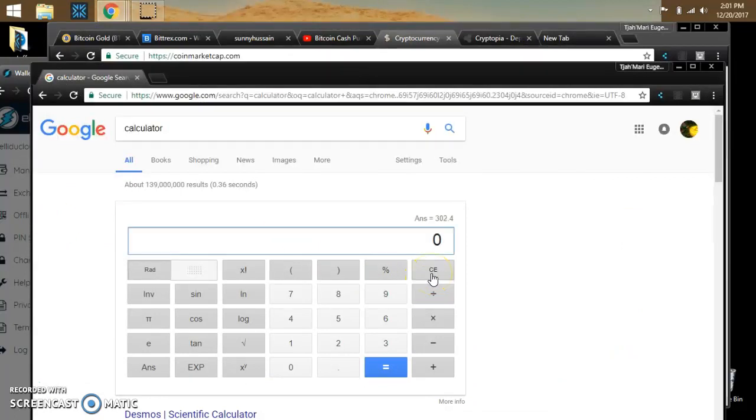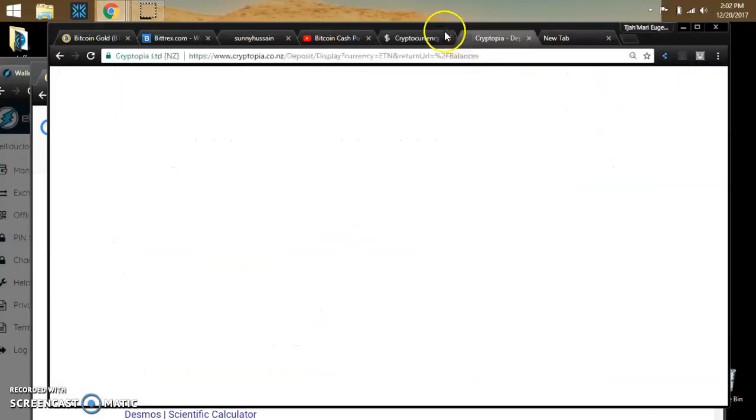And we're going to do 252 divided by 0.15. This means I would have that many coins worth of Verge. All right. So now let's just say Verge goes to 20 cents, times 0.2. I would have, again, another 336. All right. But again, I think it would be faster for Verge to go to 20 cents from